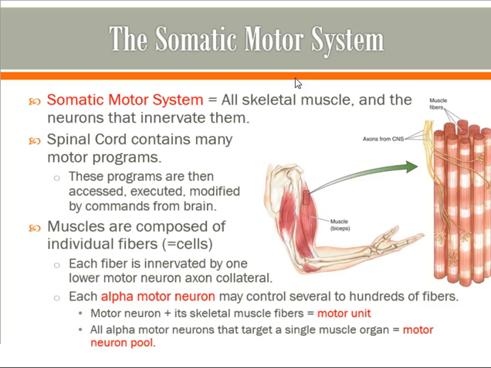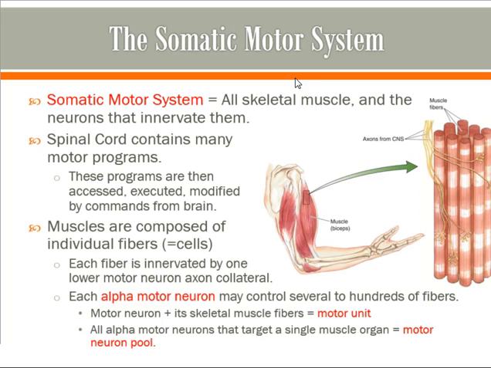That whole thing functions as kind of a unit, where the motor neuron plus all the skeletal muscle fibers that particular motor neuron coming out of the spinal cord directly innervates. That's kind of a unit. We do call it that. We call it a motor unit. So that functions as one thing where if this motor neuron gets excited and sends a signal down its axon, which then goes off in all the different axon collaterals, all the skeletal muscles that it's attached to will all simultaneously contract in response to that motor neuron getting activated. So collectively, it sort of functions as one big unit.